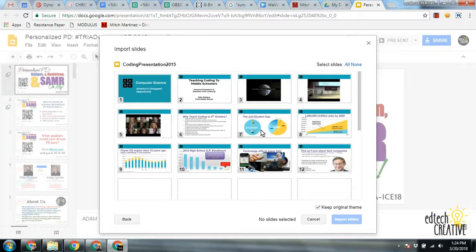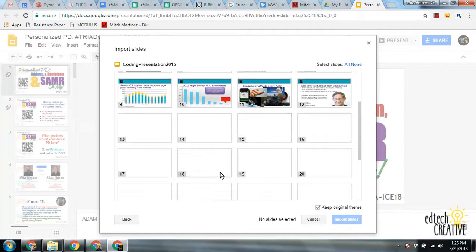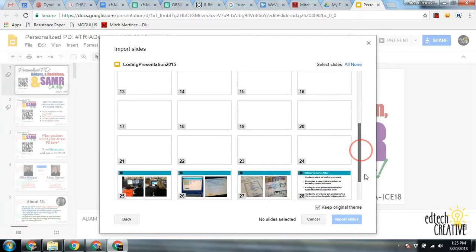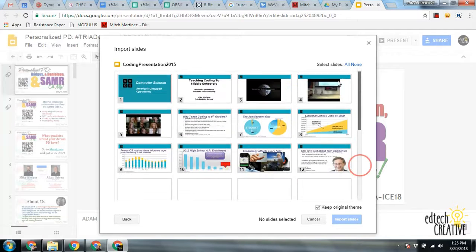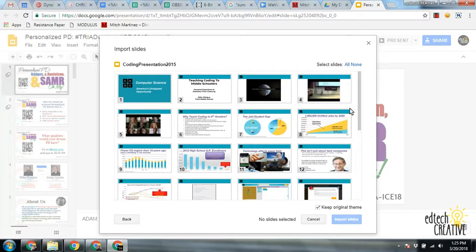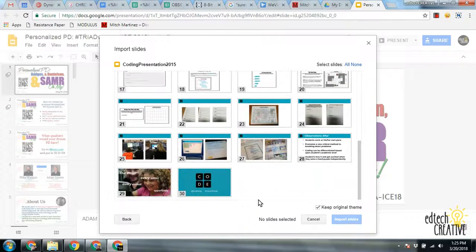Okay, so it recognized the Google Slides, and it's given you an idea of what the preview looks like, and you can scroll through, and hopefully these will kind of load up. It's taking a while to load. And it looks like so far that it's kept quite a bit of the formatting pretty well. Oh, there it goes. So it's just thinking because it's a large